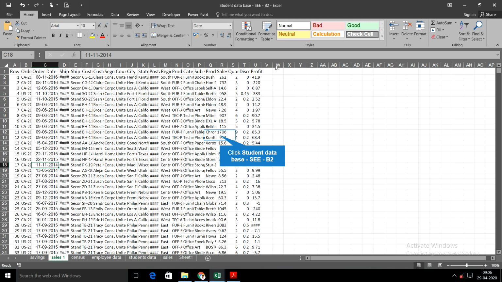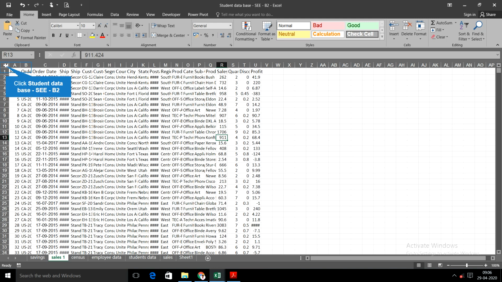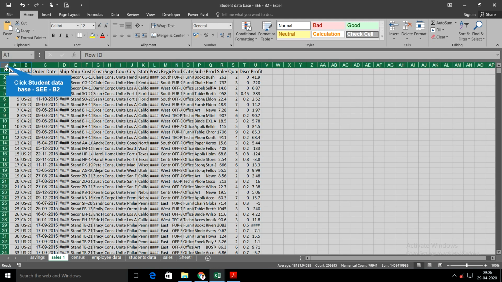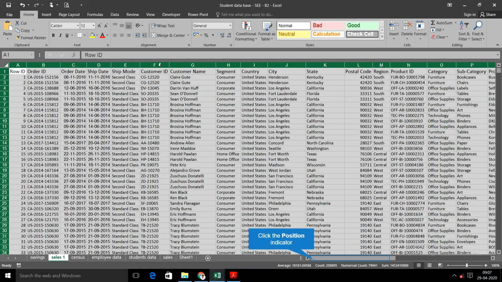You can repeat this for all other columns also, but that takes more time. Instead of doing it one by one, you can click on this area. This area will help you select the entire worksheet, just like Control A. After selecting the worksheet, click anywhere on the line between any columns and just double click on it.